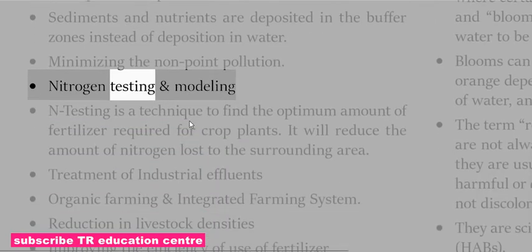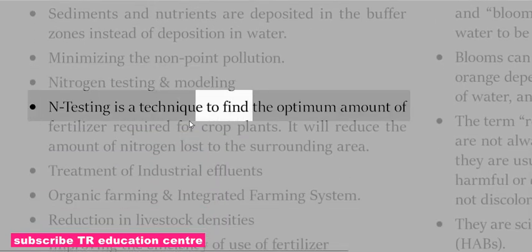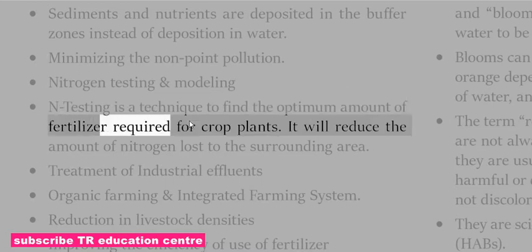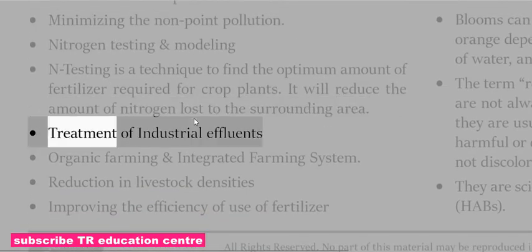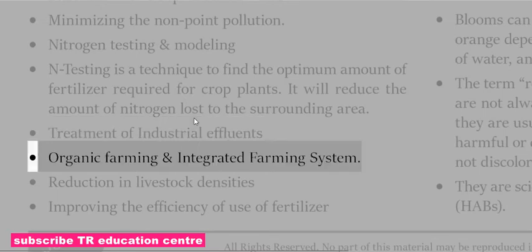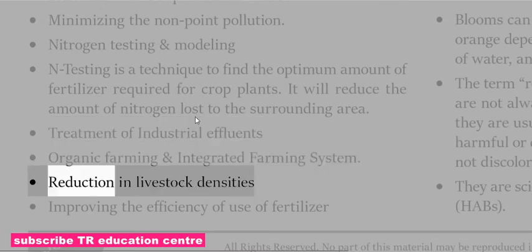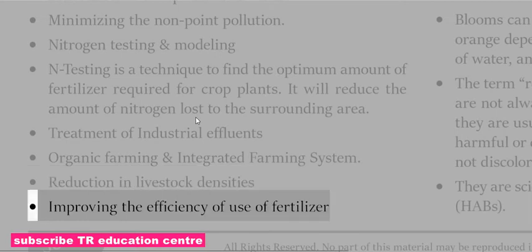Nitrogen testing and modeling: N testing is a technique to find the optimum amount of fertilizer required for crop plants. It will reduce the amount of nitrogen lost to the surrounding area. Treatment of industrial effluents; organic farming and integrated farming system; reduction in livestock densities; improving the efficiency of use of fertilizer;